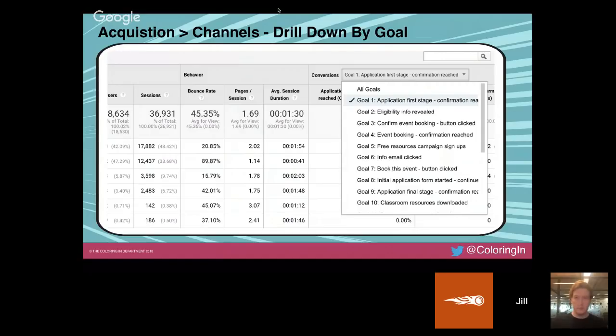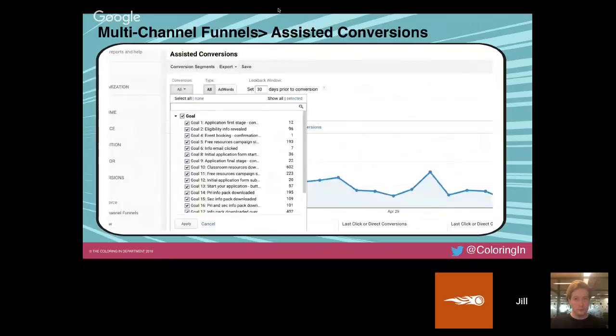Because most of the time, and it's not always the case, but most of the time, social media, from what I've seen, isn't the guy that scores the goal, but it might be the one that got them to sign up to your newsletter. So if you turned that funnel off, you may be saying goodbye to a lot of sales a little bit further down the line. Because the acquisition channel gives 100% of the credit to the last person that scored the goal, if you've got 20 goals, you can also look at your multi-channel funnels reports to see, well, which ones assisted in those conversions as well, which I think is